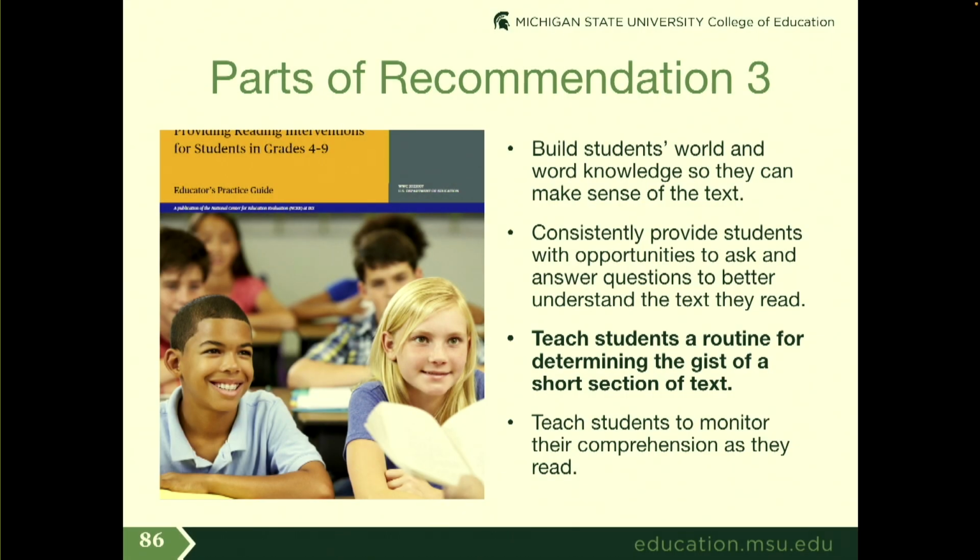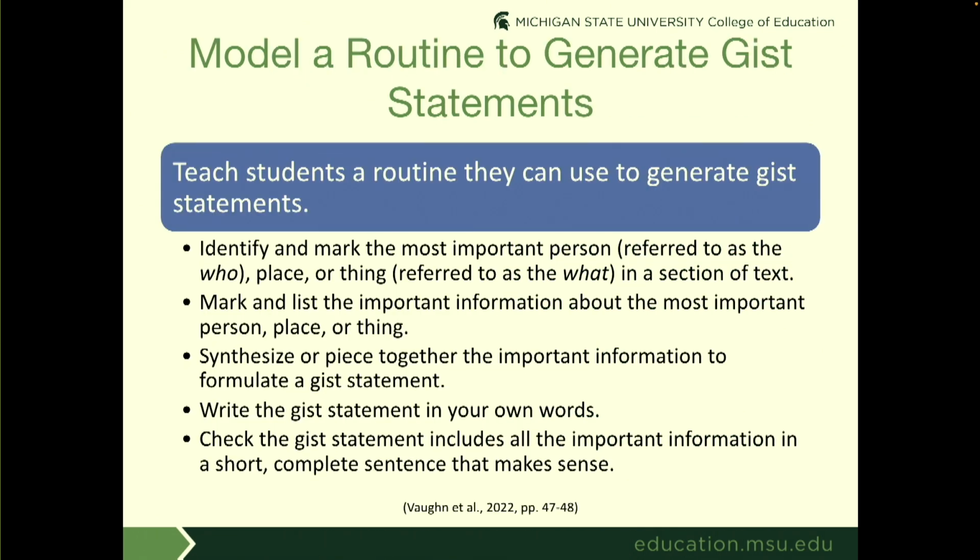Teach students a routine for determining the gist of a short section of text. This is something I don't see that often in classrooms and is super, super helpful. So basically, this is a way of making them process what they've read and summarize. So when they've read something, thinking about the most important person, place, or thing that has been addressed